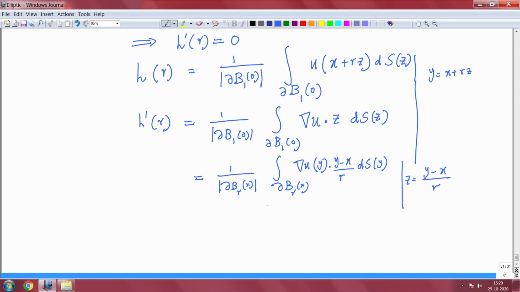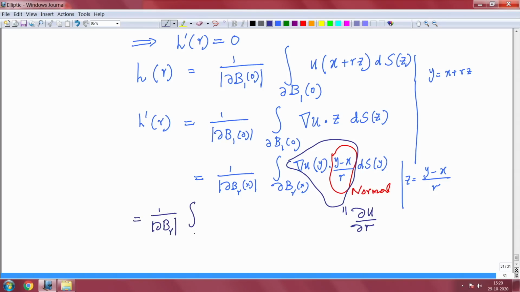Okay. But what is this? This is nothing but your normal component. Once that is normal, this one is your normal derivative du by dr, and normal is du by dr. So you can write this du by dr. So you have this equal to 1 by modulus of the boundary of B r, integral over the boundary of B r,